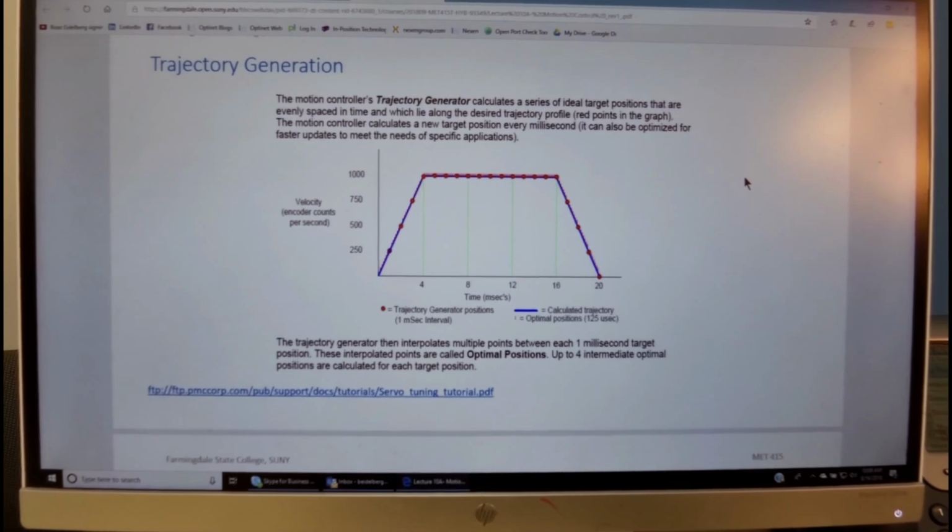The trajectory generator is considering a certain series of points, typically every millisecond.